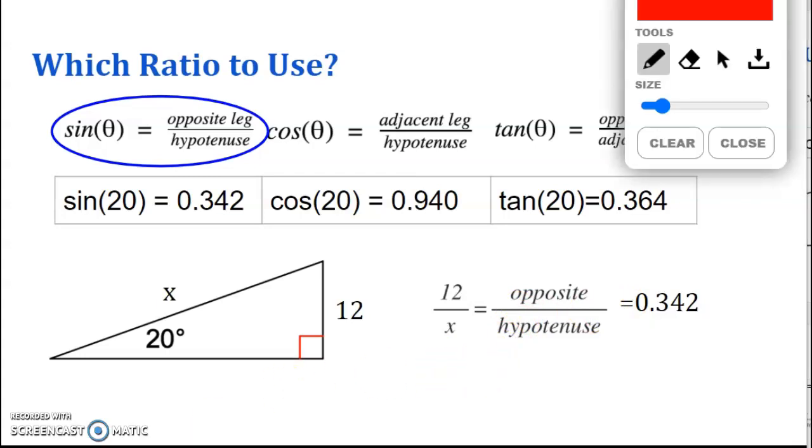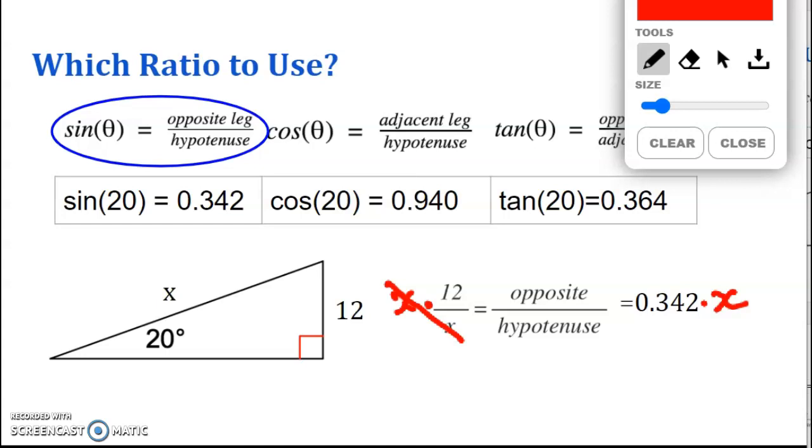Okay, and I'm actually going to solve this because this is a very common problem. A lot of people say, oh, I am just going to multiply both sides by 12 to get what x is. That's not true, okay? x is the denominator. That means we do not want x as a denominator, so we multiply both sides by x. Then x divided by x cancels out to be my giant one, and you're left with 12 is equal to